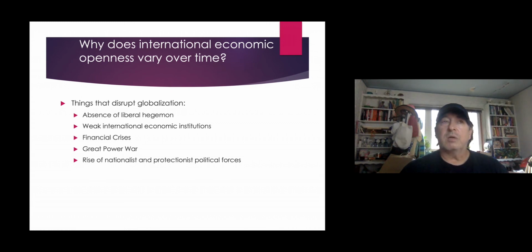Now, what's worrying is that several of these we see in the present period. So, the United States remains a very powerful country, but it's weaker certainly than it was in, let's say, the 1990s. But it's also less willing to defend globalization. We've become more protectionist because of factor five, the rise of nationalist and protectionist forces in American politics. So the combination of that, we're weaker and we're more protectionist, means that many of the institutions no longer have the support they once had from the most powerful country in the world.